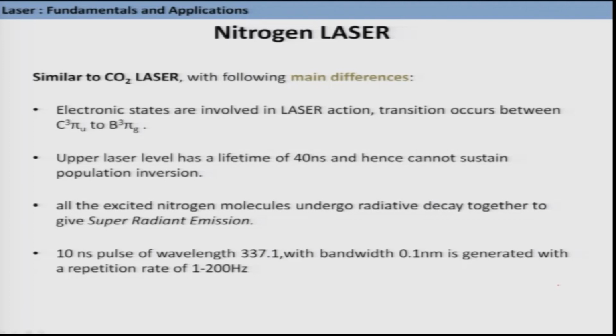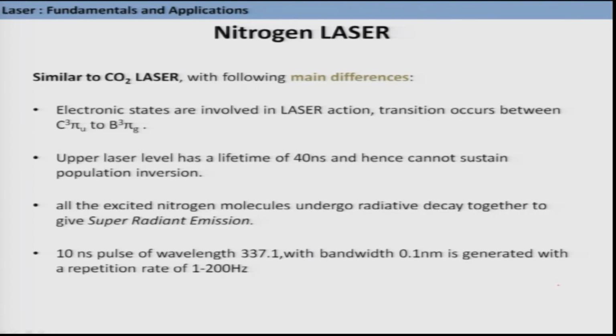The electronic states are involved in the case of nitrogen, and the transition occurs between 3 pi u and 3 pi g. The upper level, that is 3 pi u, has a lifetime of 40 nanoseconds and hence cannot sustain population inversion. All the excited nitrogen molecules undergo radiative decay together to give super radiant emission,